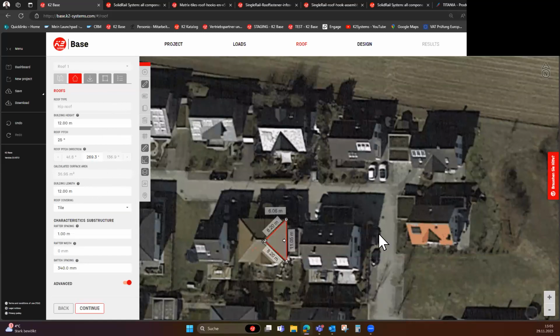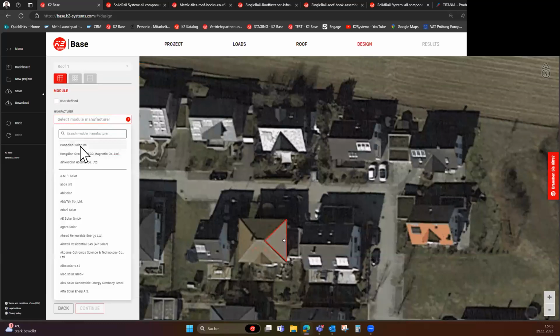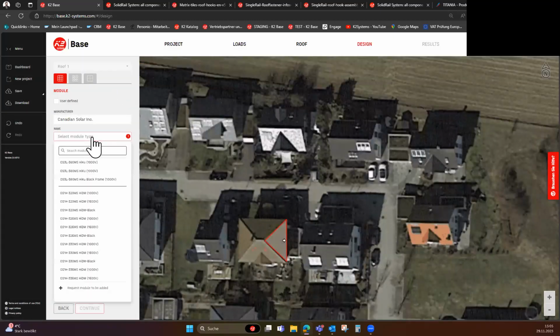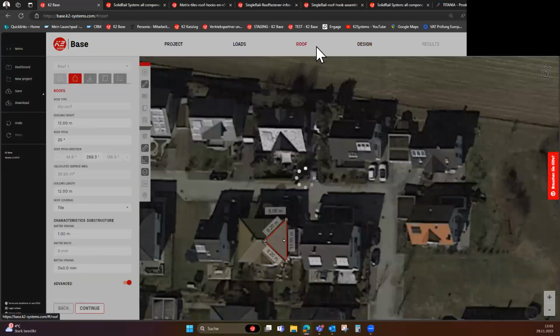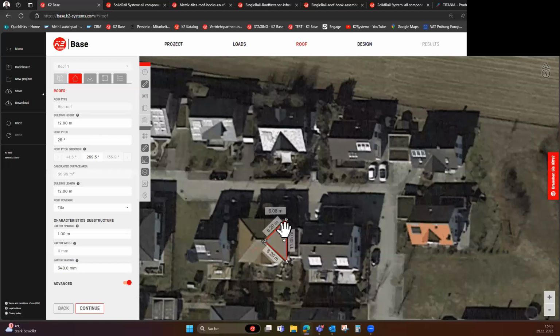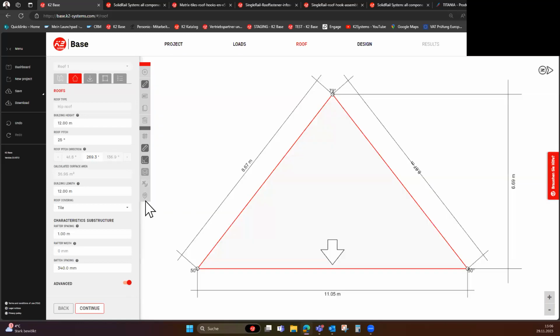So, exactly. The next step is our design. Here you have to select the PV model you will use. I'm just selecting one. It's not so important. Yeah, I forgot to mention one very important thing: on this satellite view, you just have to draw the roof. But if you know the exact dimensions of the roof, you can put the dimensions here in this